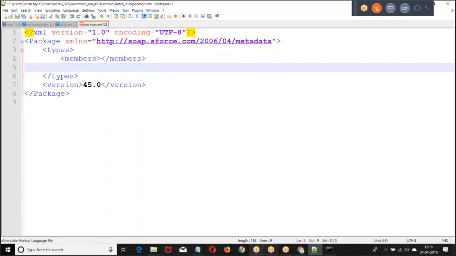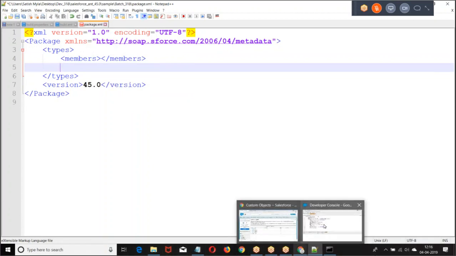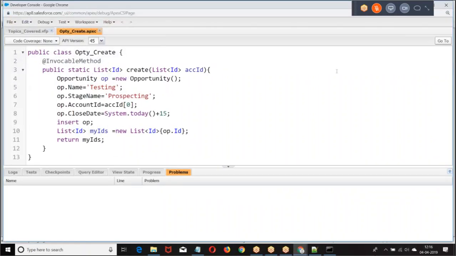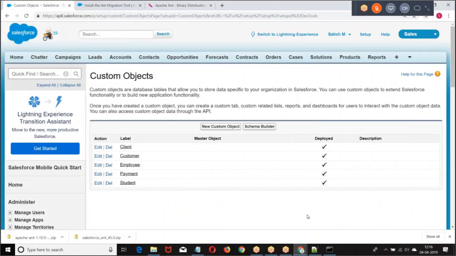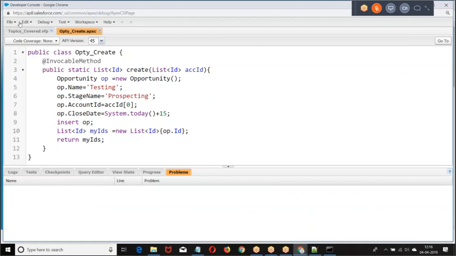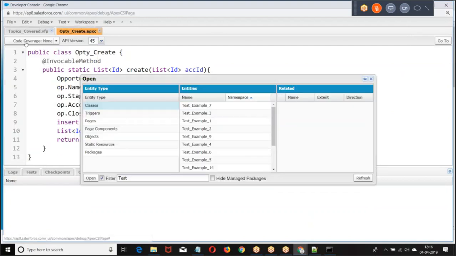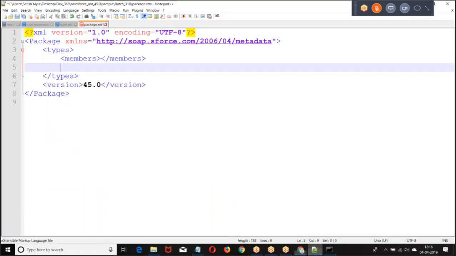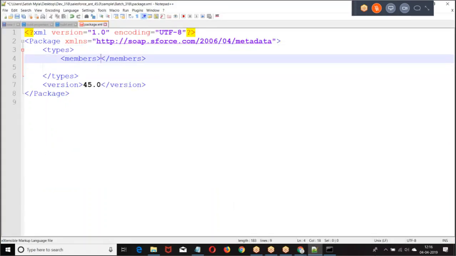Then we had test example. Test example 1.